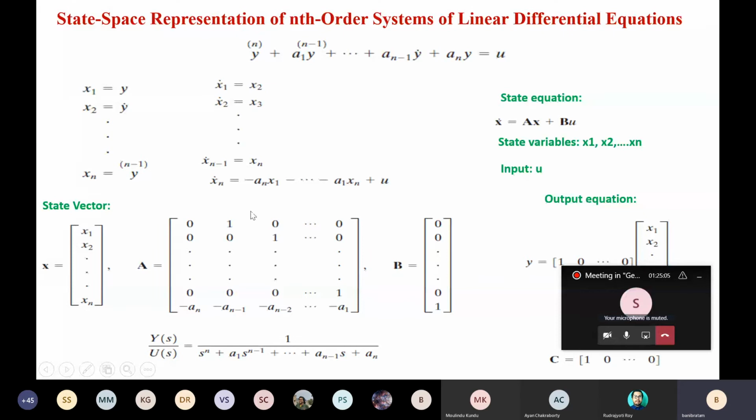Okay, so this particular thing, this xn dot equals to, in this form what we have written, I can represent it in some vector form. How does it look? x dot equals to ax plus bu, where x dot means what? You can look at the right side of what we have written. This is nothing but n number of first order differential equations.